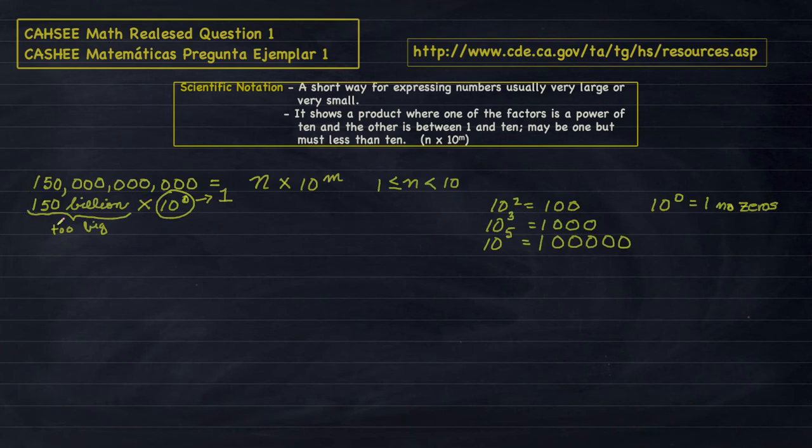So if I don't want this number, then how can I make it fit that range? What I can do is make it smaller. And I can do that by dividing. I can take a number and divide it by 10. And dividing by 10 has the effect of moving the decimal point one place to the left. Well, first I need to know where the decimal point is. This number doesn't show a decimal point, but if it is a whole number, then it has the point on the far right. So automatically, if you don't see a decimal point, always put it on the far right.